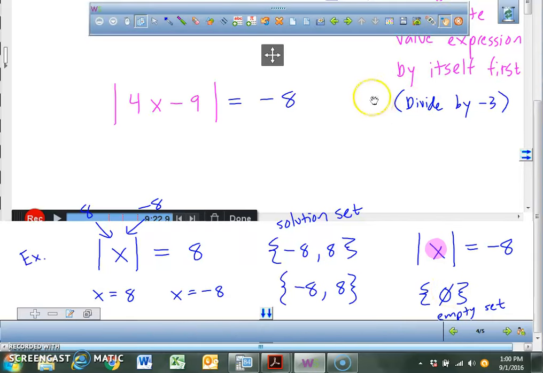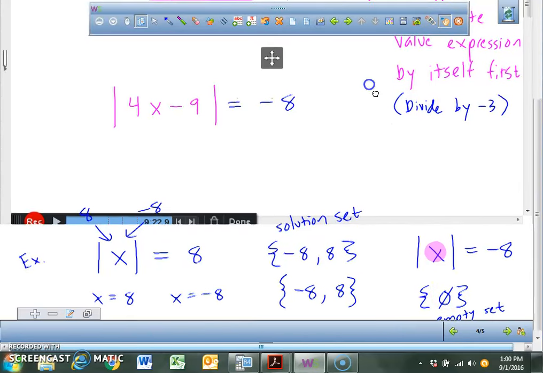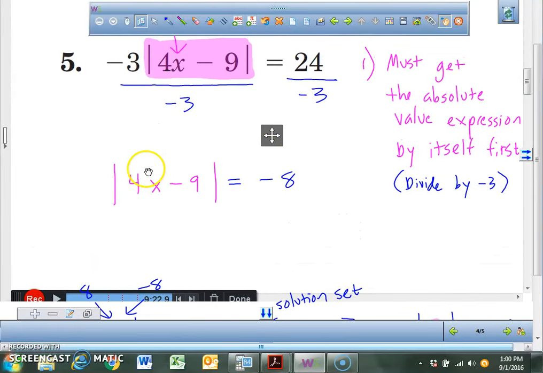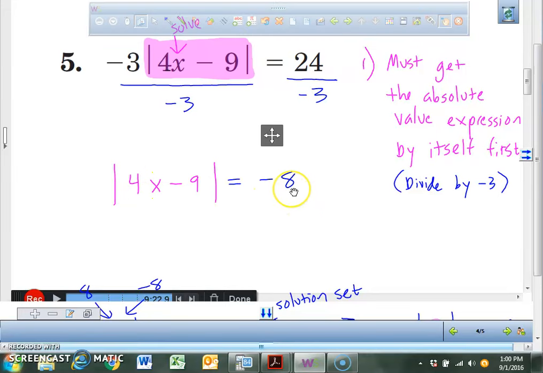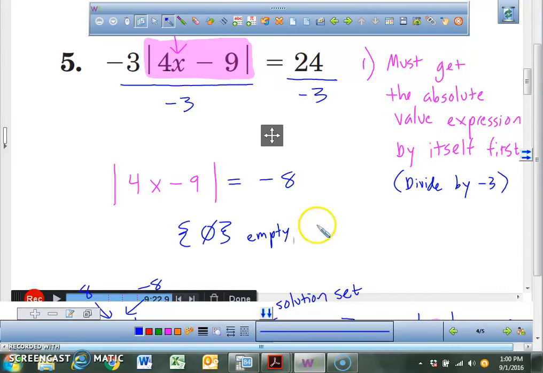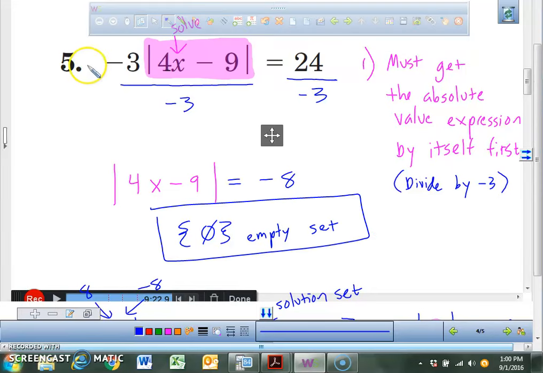Now watch what I'm going to do. I'm going to scroll slightly up right here. What am I saying that this will eventually evaluate to? A negative 8. Can I even solve this? No. So since I can't solve it, stop. Don't do anything more. And your answer is simply an empty set. So the correct answer for number 5 is actually, once you start working